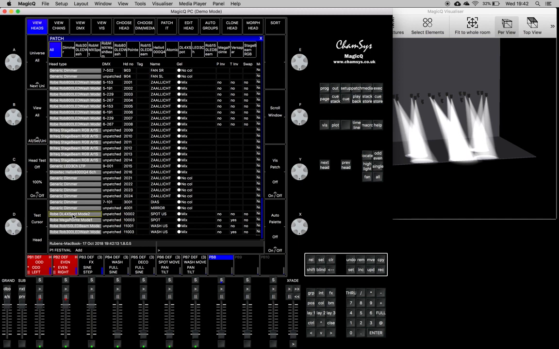So I have a DLX from a few days ago, a mega pointy, and all the values are already stored in my palettes. It would be great if Chamsys would have copy palette data functionality from this spotlight to my home rig, my static rig, but I don't think that's